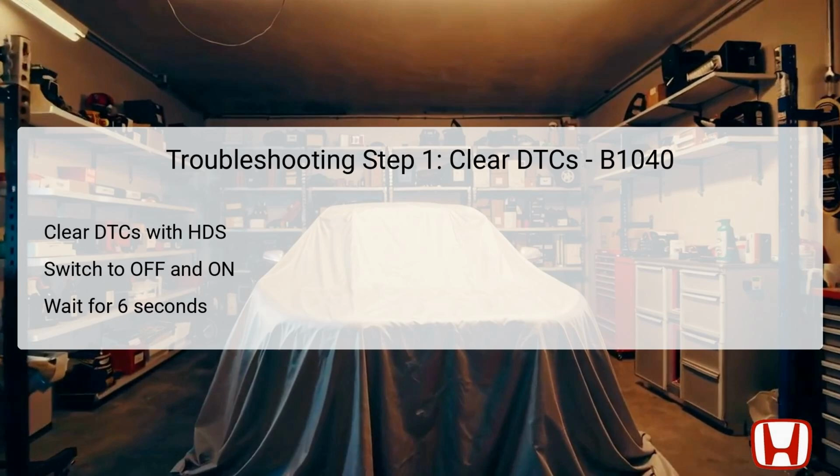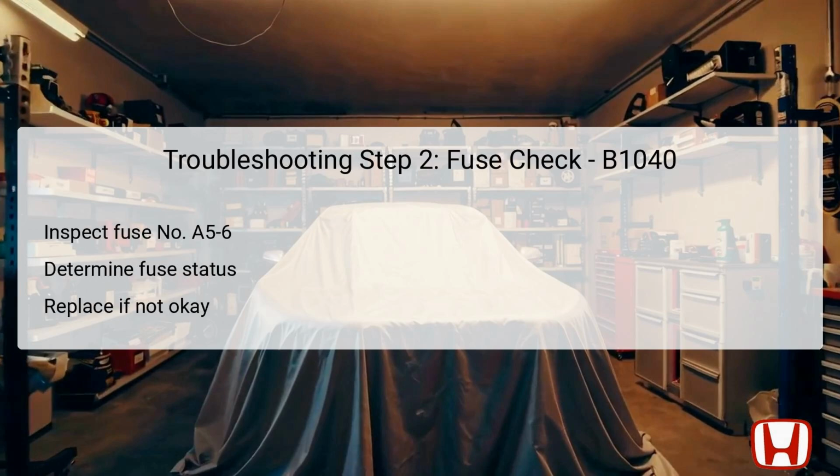It is essential to wait at least 6 seconds after cycling the ignition to ensure that all systems have a chance to reinitialize fully. Post this time frame, use the HDS again to check if DTC B1040 reappears, indicating whether the issue persists. This step is critical to establish whether the malfunction is an intermittent fault, which might resolve itself upon reset. The second troubleshooting step involves checking fuse number